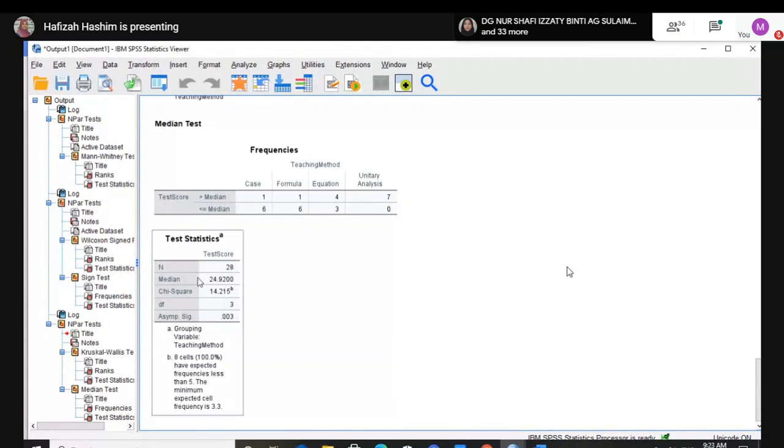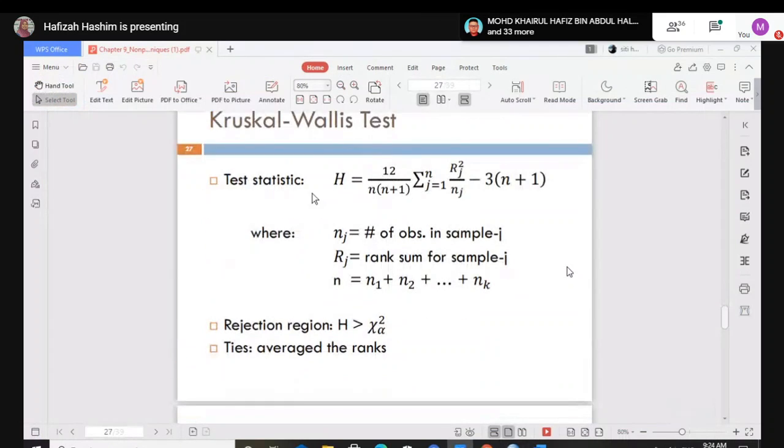This is a non-parametric test that is used to test the equality of medians from 2 or more populations. Here, the chi-square is 14.215 and the significance is less than 0.05, meaning that there is inequality: in each group the median is not equal, compared to the H null which says the medians inside the groups are equal. So you accept the H alternative. So this one is done for the Kruskal-Wallis H.